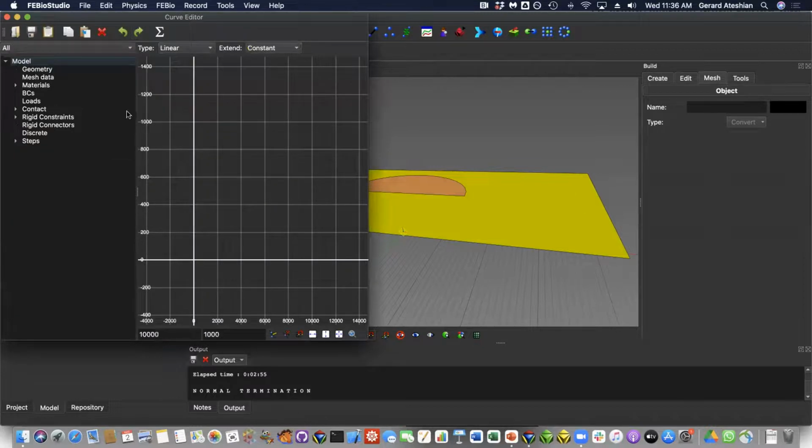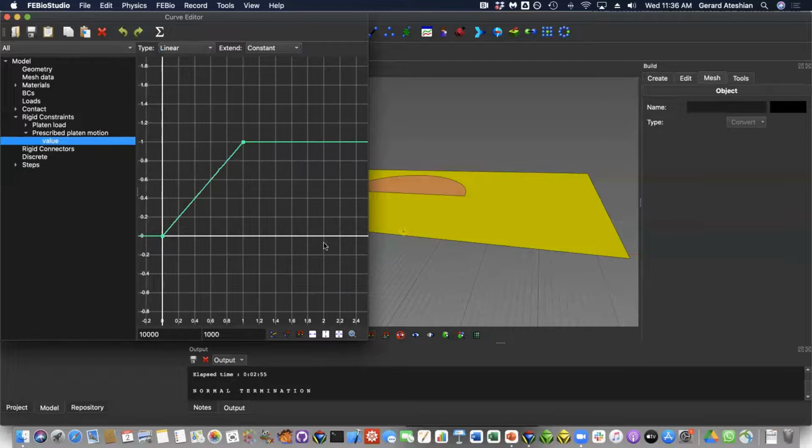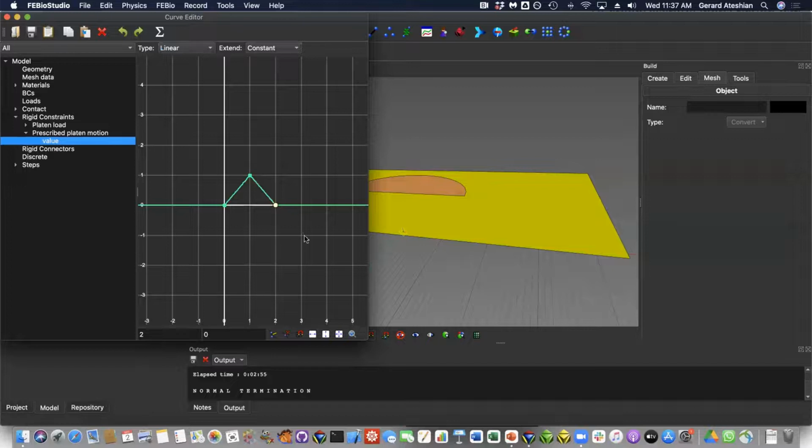So I'm going to go to the load curve, which is only a scale factor. And under these rigid constraints for the platen motion, I'm going to take the default value, which goes from time 0, it's 0. At time 1, the scale factor is 1, and then it's constant. That means that the platen would move 2 millimeters and then no longer move towards the X direction. So I'm going to change this curve, make it linear, and I'm going to add a point at this location, which says at 2 seconds, I want to return back to 0 along the X direction. Then at 3 seconds exactly,